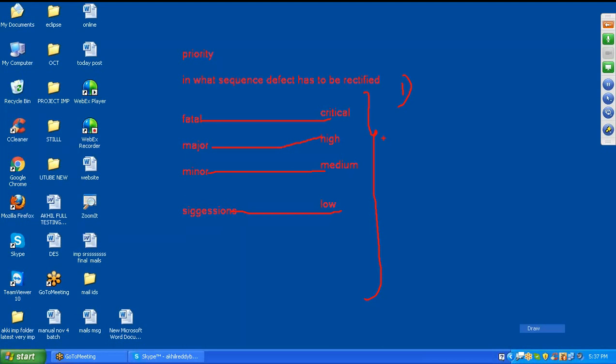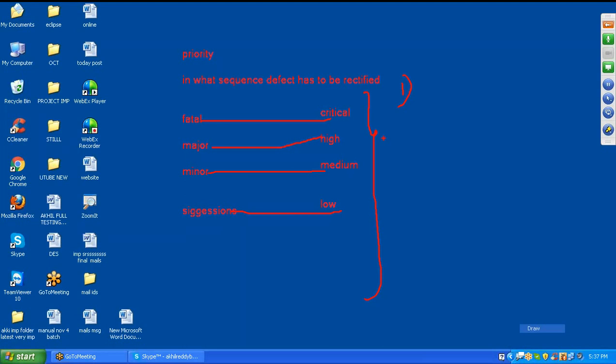So in that situation, there are four defects like fatal, major, minor, suggestions. Which one will you give more priority? I will go for minor. Why? Because we have to deliver that software application by tomorrow, and he's coming to check how the progress is going on.